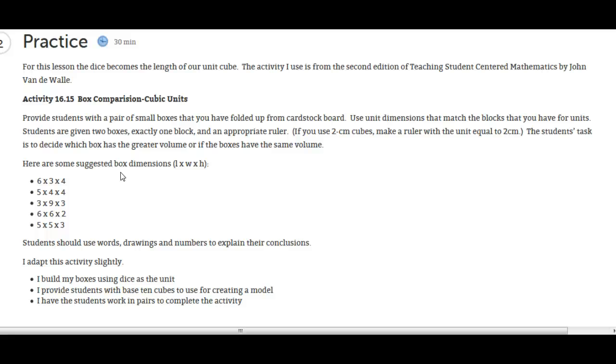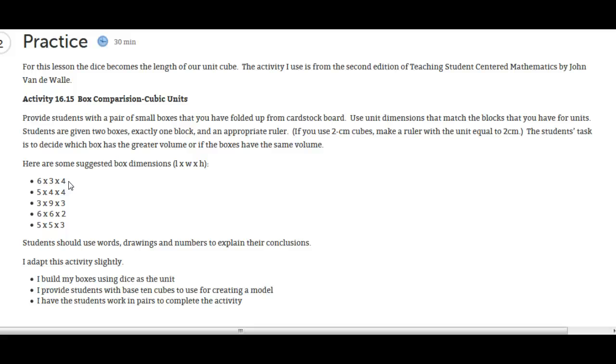So if I wanted to make a box 6 by 3 by 4, I'd have to measure one side 6 dice lengths, one 3 dice lengths, and then the other 4. I also have to create a ruler using this dice measurement because the students are going to be given the box that I've created and also one die and then the ruler,